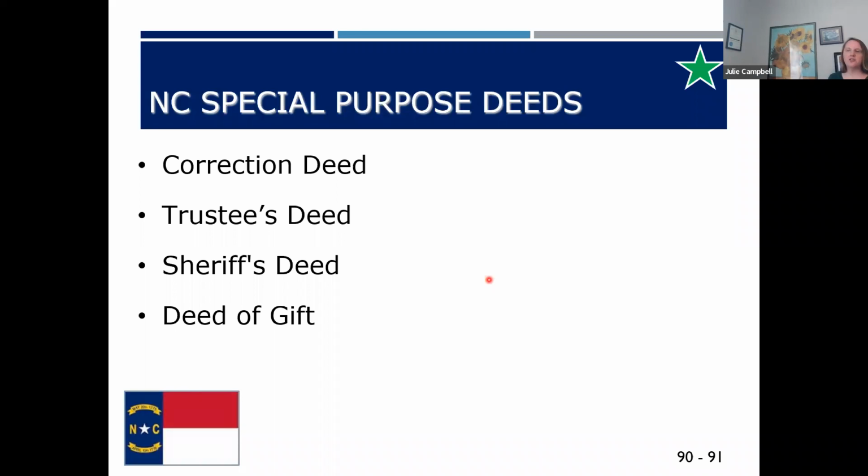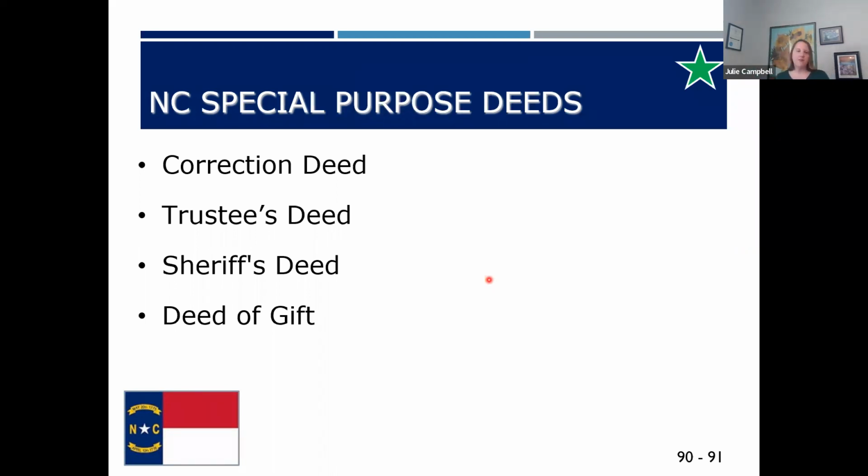A sheriff's deed is used when the court is taking the property, if the court is taking the property for any reason. I remember this one this way. If the judge decides to take your property, is the judge themselves going to show up on your front doorstep and take your property? No. Who are they going to send? They're going to send the sheriff out. So if the court takes the property,